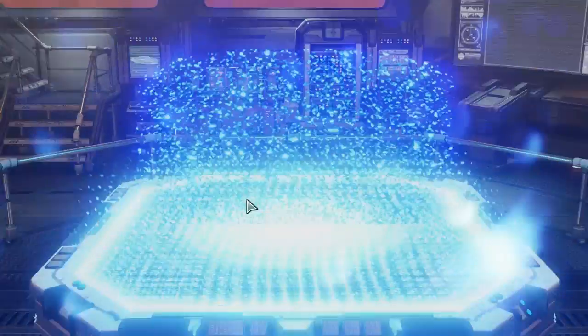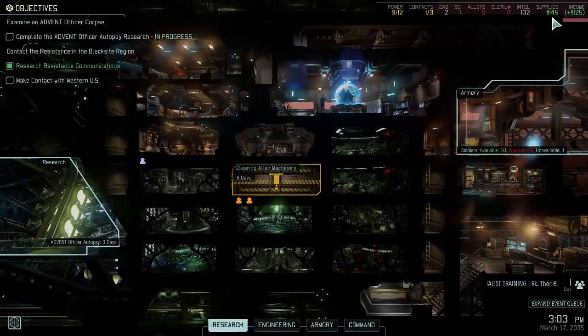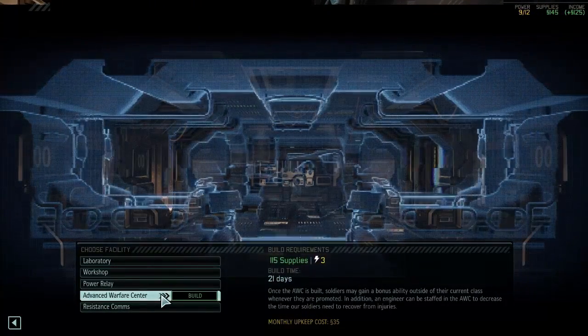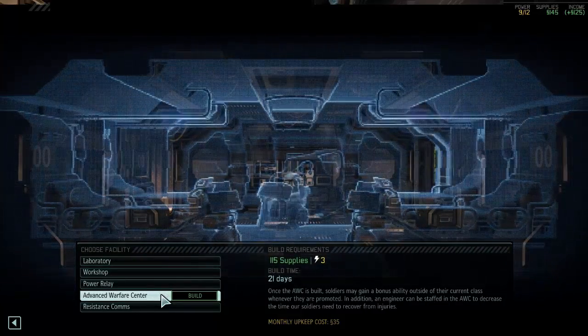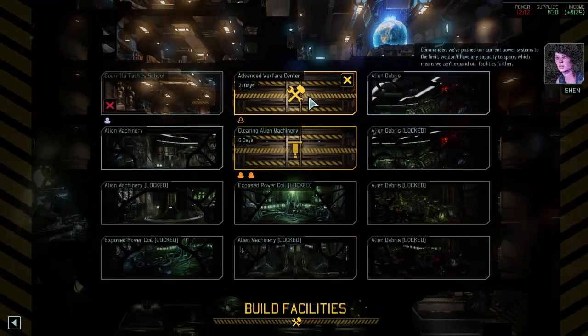Okay, so what we're going to do with this is we're going to use them to build some things. That should give us, yeah, we have 145 resources now, which is enough for us to start building our Advanced Warfare Center. And that's a really good building, because not only does it mean we can get random additional skills, it also means that we can have faster recovery times on our soldiers, which is a big deal. So we're going to start building this. It's going to take a long time, so what we're going to do is...